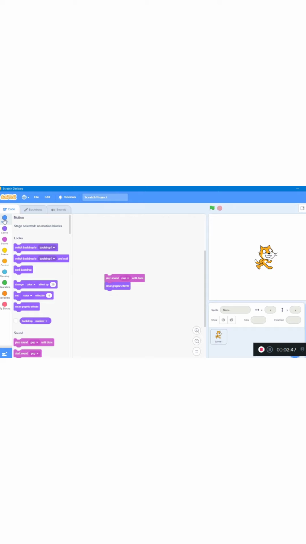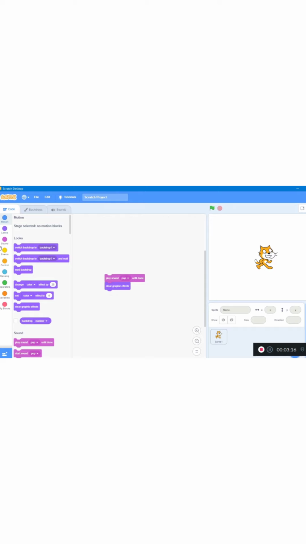There are 7 hat blocks, 5 C blocks, 31 reporter blocks, 13 Boolean blocks, 2 cap blocks, 59 stack blocks. So now we are going to learn the different types of blocks which come under these blocks.